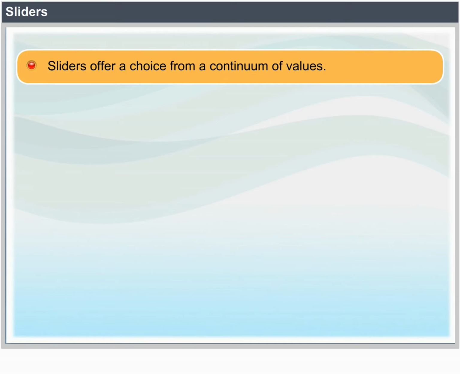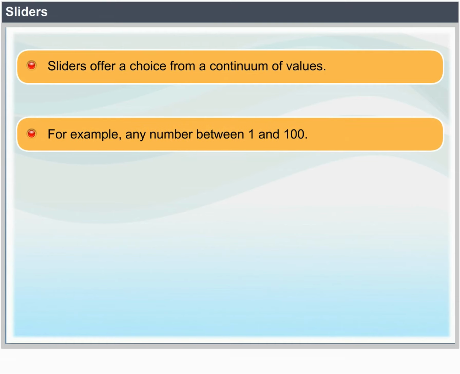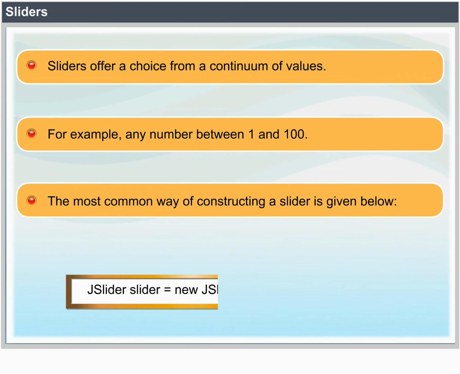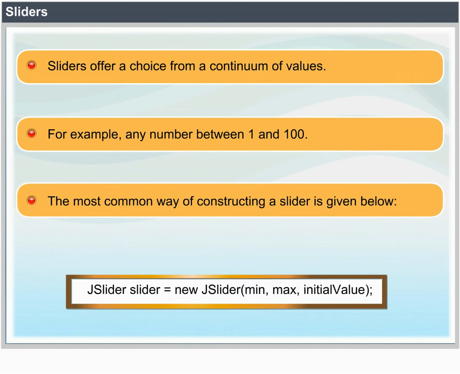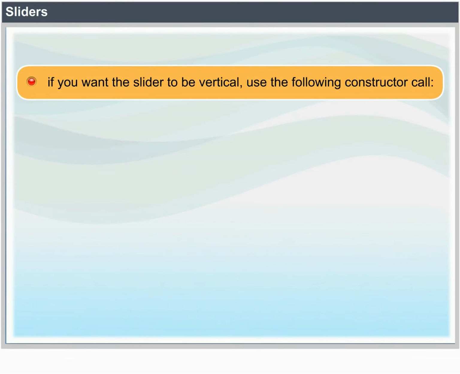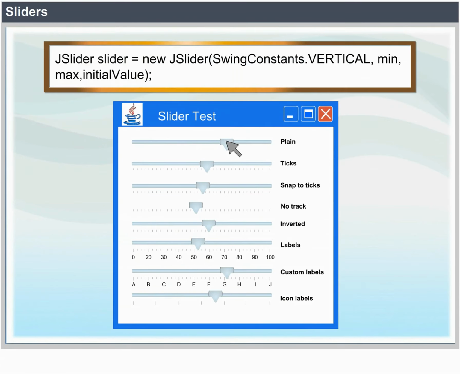Sliders. Sliders offer a choice from a continuum of values, for example, any number between 1 and 100. The most common way of constructing a slider is given below. JSlider slider = new JSlider(min, max, initialValue); If you want the slider to be vertical, use the following constructor call. JSlider slider = new JSlider(SwingConstants.VERTICAL, min, max, initialValue);